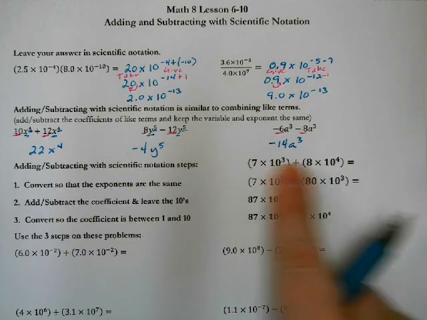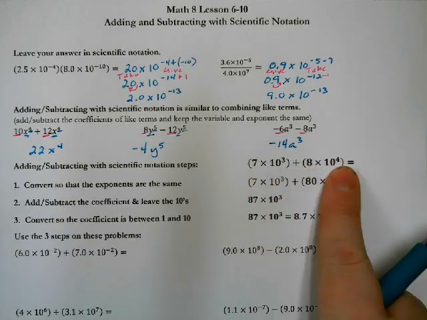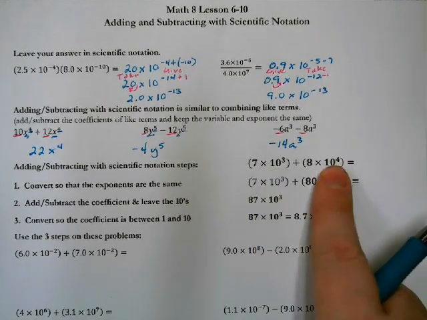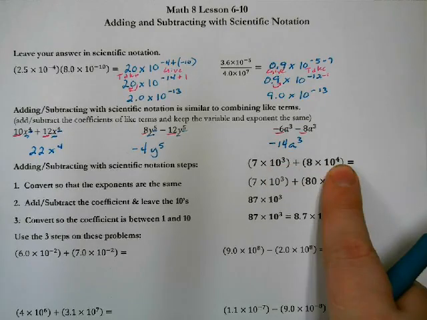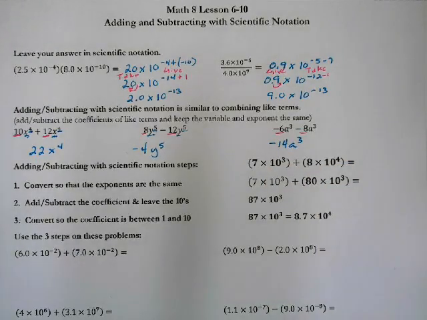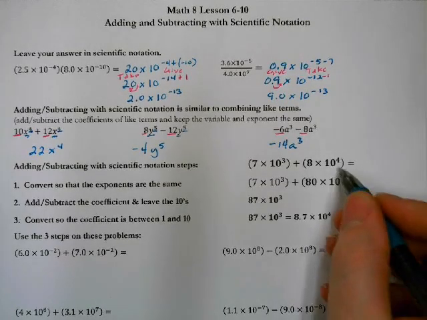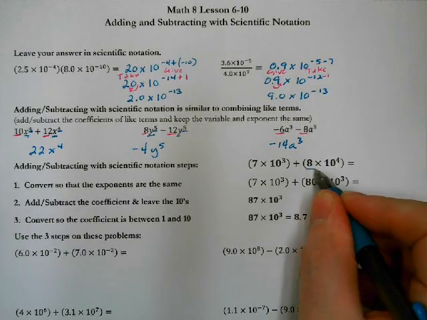Now those bases are not the same. Well, the bases are the same, the exponents aren't the same. Base of 10, exponent 3, exponent 4. Okay, so those are not like terms. We cannot combine them. So what we're going to do is we're going to take this